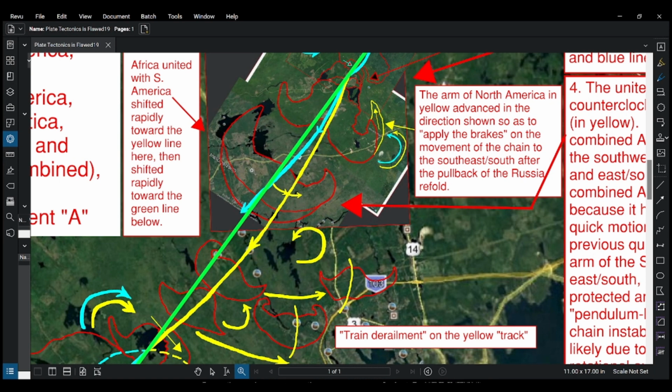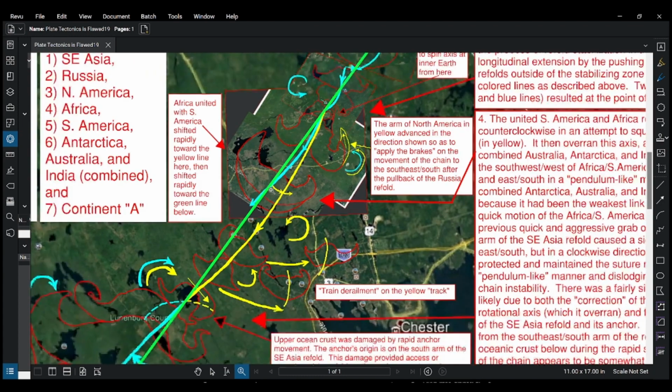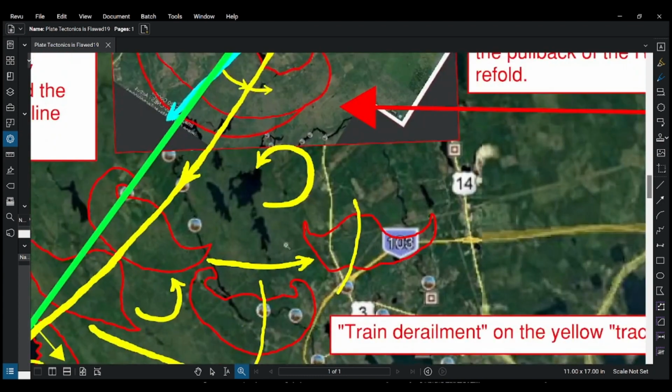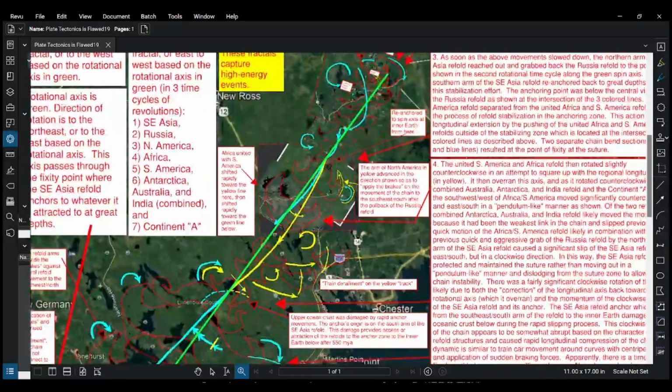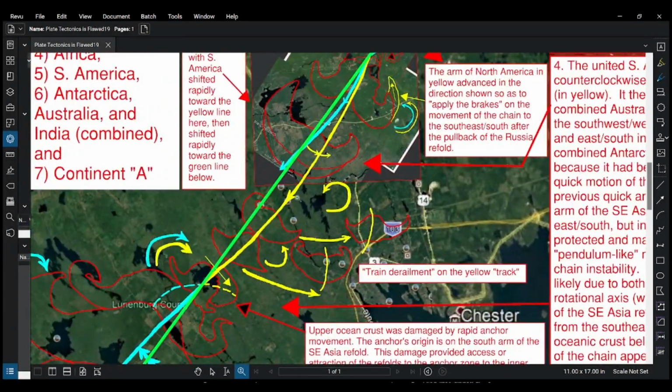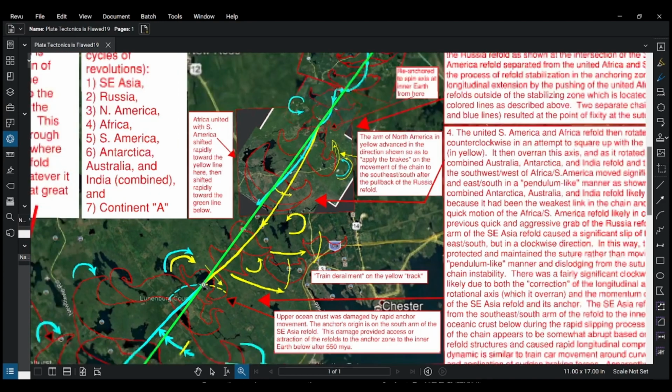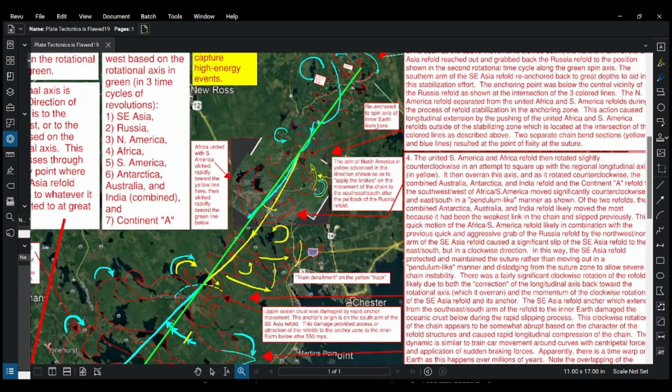So it says, hey, Africa and South America, come on, get back to this line at least, stay caught up with everybody here along there. So Africa and South America does like a twerk to try to get to that yellow line. It doesn't know its own strength, and everything gets shot further over here laterally. So those two refolds got shot over there further. And again, everything comes right back to where the anchor is, right here. This is the Southeast Asia refold here. It's anchored over there. So these cycles are shown as you go from west to east in sequence,